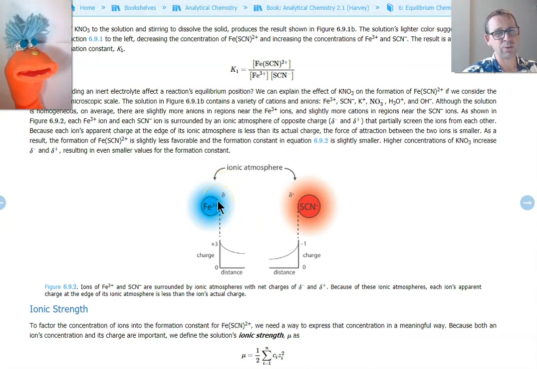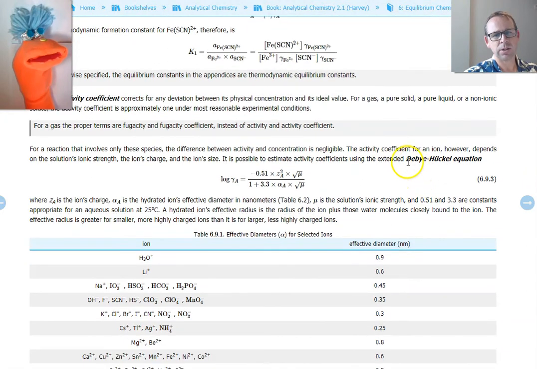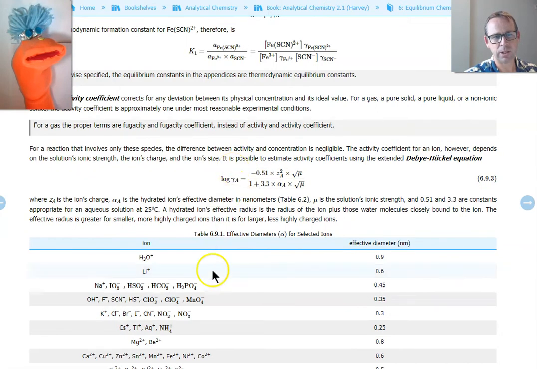Okay, so there's also an interesting relationship between the solubility of salts and the size of the ions on those salts. If the size is too small, not enough water molecules can fit around to solubilize it. Okay, so we have this equation called the Debye-Huckel equation. And the Debye-Huckel equation allows us to get the activity for an analyte, for any ion that we're interested in,